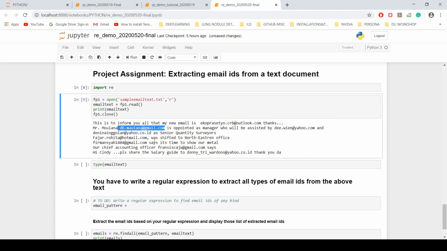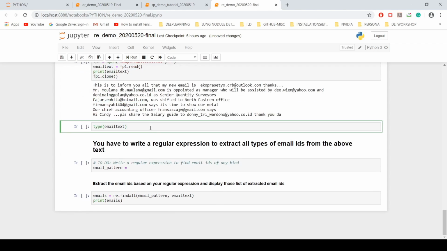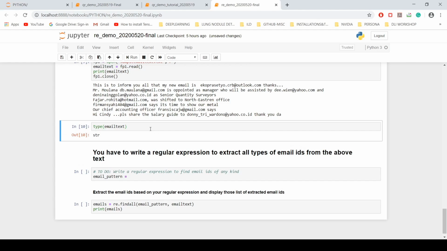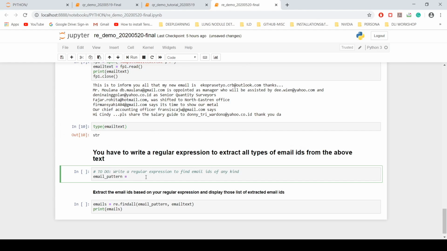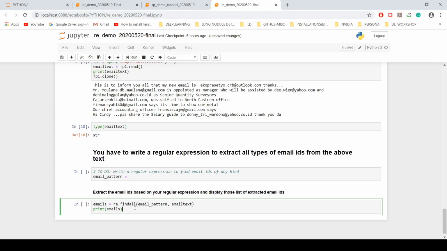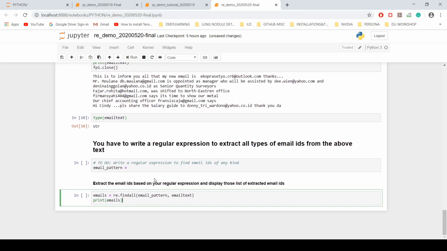The only commonality is the @ symbol, but in the entire text I want to detect only the email IDs. So this is a string variable. You have to write your regular expression here, which should be passed as one argument to the find all method, that automatically finds all the email IDs. That can be done, but you need to search a little bit.